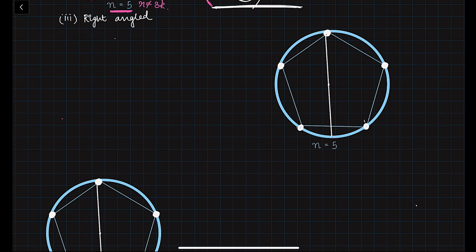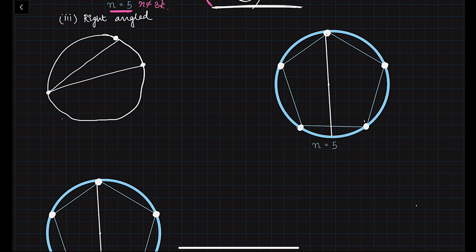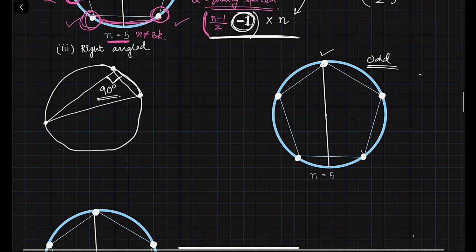Okay. Now, let us move to the next case, which is finding the number of right angle triangles. Now, the circle has a very fundamental property: if we take two diametrically opposite points on the circum diameter and take a random point on the circumference, this angle will be 90 degrees, right? But for an odd-sided regular polygon, as we have shown before, if we take a vertex, we cannot find another diametrically opposite vertex, right? So the number of right angle triangles will be 0 for this case.